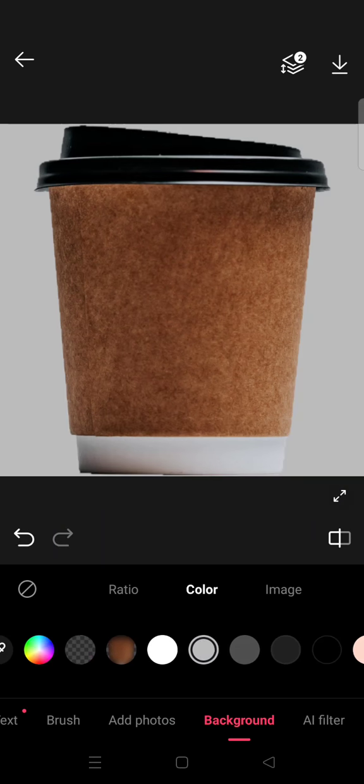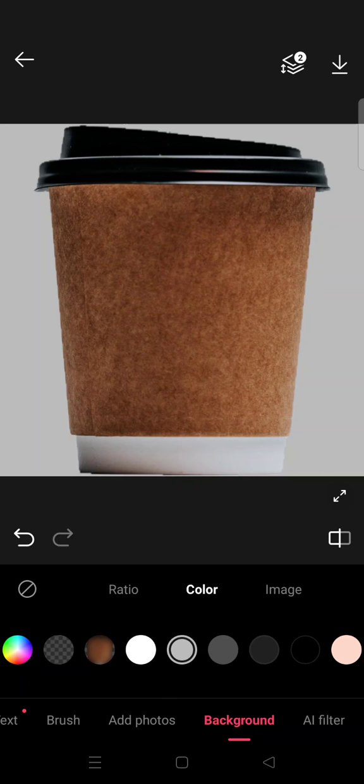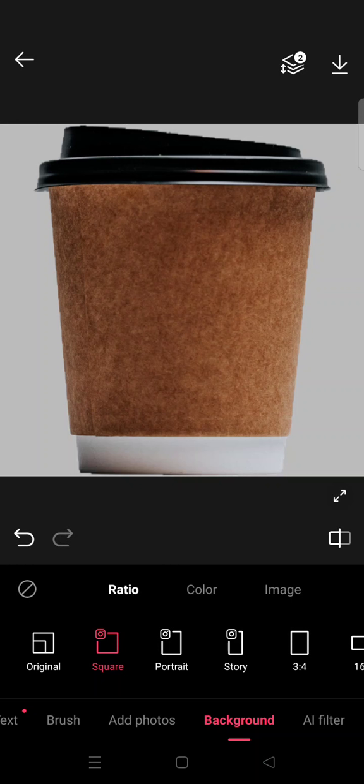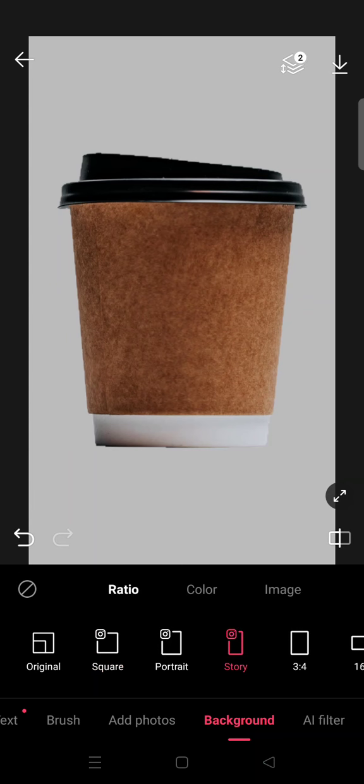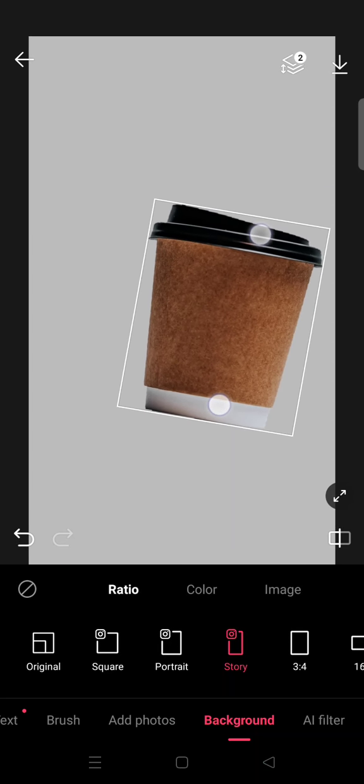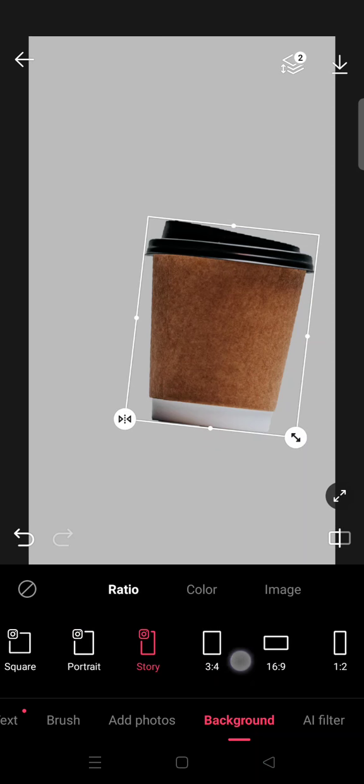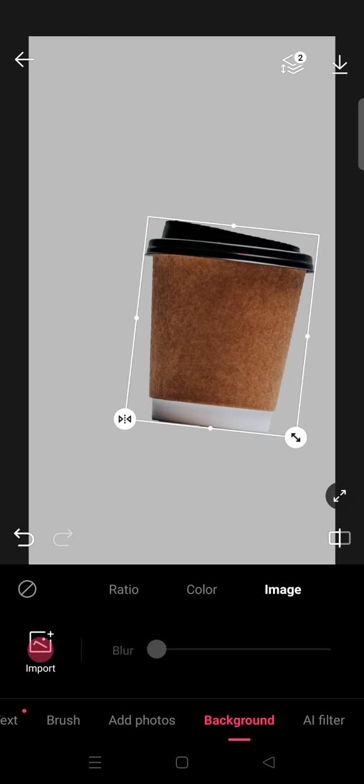In this case, I'm using this background. And next, adjust the ratio. I'm going to use, let's say I want to post it to my Instagram story, my business Instagram story. So here, and next I'm going to click on the product, and then I'm going to adjust the size like this, and then I'm going to make it